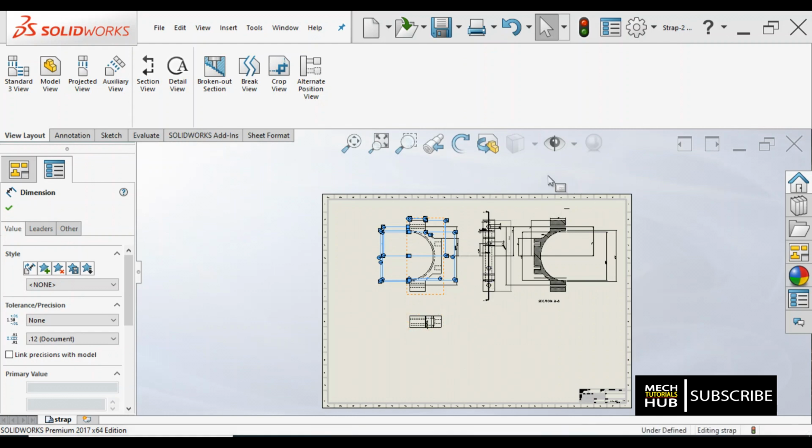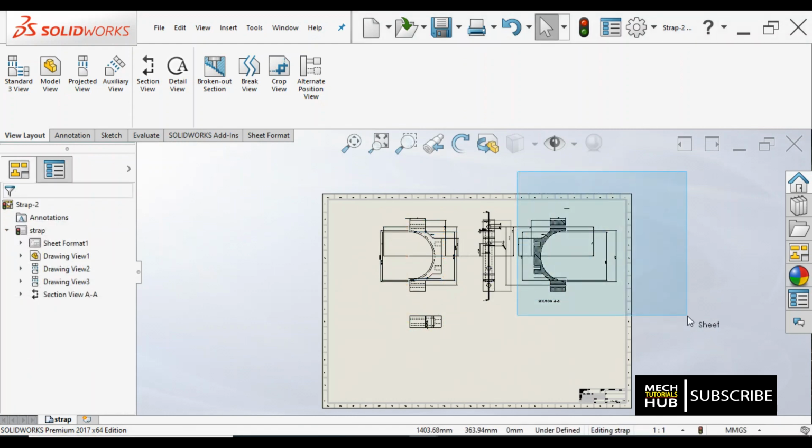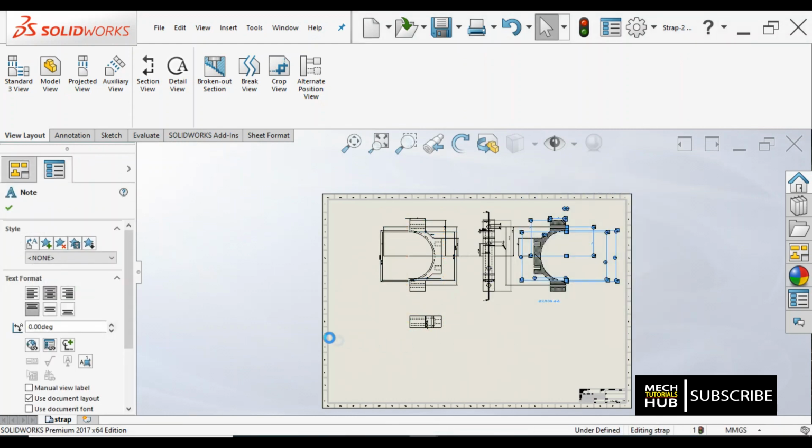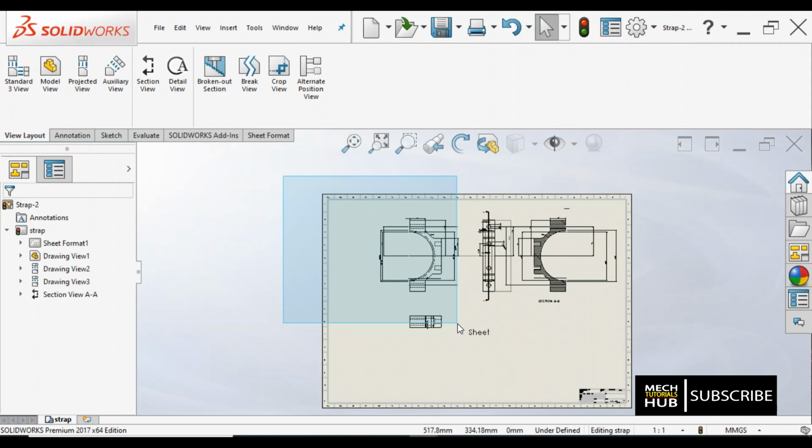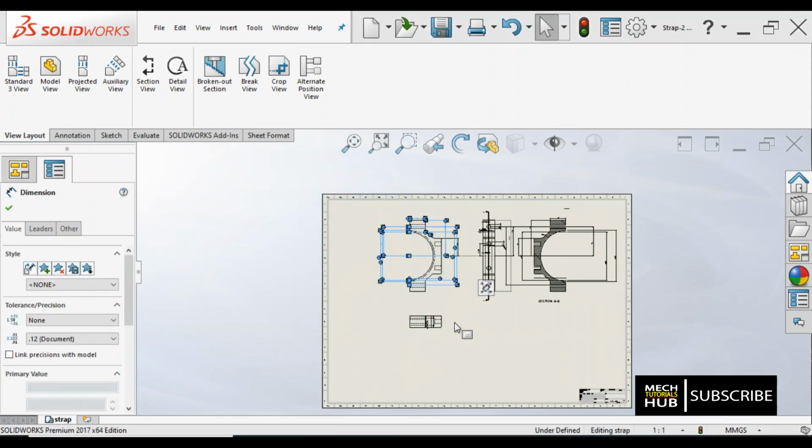So this one window is nothing but one viewport, and if I drag one more viewport here, this becomes one more viewport, and if I place one more, this becomes the third viewport. Likewise, you can place 3 to 6 or whatever number you want, those many viewports can be placed. And in each and every viewport, the size, the shape and dimensions of the component can be changed. It is different from another viewport.